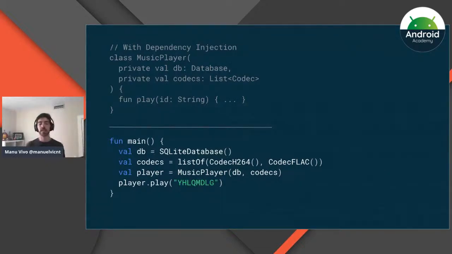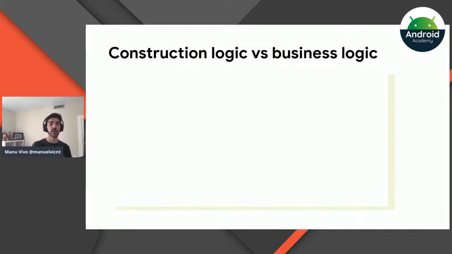And so we said that dependency injection is a good design pattern that we recommend to use in Android. But now this comes with other trade-offs that you have to consider. As you can see here, there is a lot of logic to create one single object. There is a lot of logic to create the music player. You need to construct that object with all of the dependencies. And this brings up the topic of construction logic versus business logic. The construction logic could be simple, like 2 dependencies, you create 2 objects,